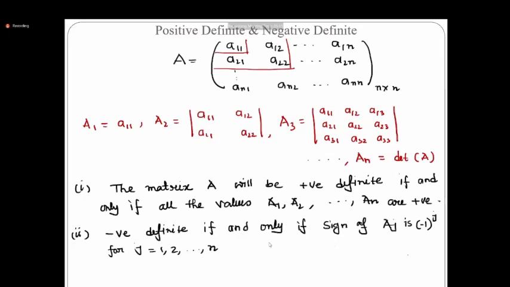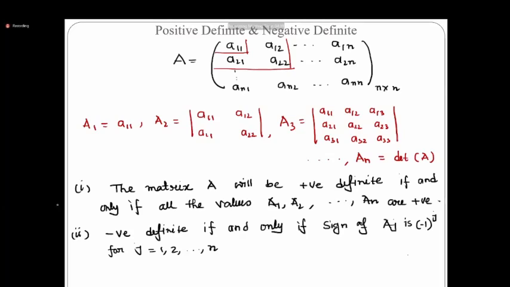And for the second case, as you can see, odd order will become negative, when I consider 1, 3, 5, right? So odd order will have a negative sign, and even order principal minor will have a positive sign. So if the odd order is less than or equal to 0, and if the even order is greater than or equal to 0, then you are going to say that the quadratic form is negative semi-definite.